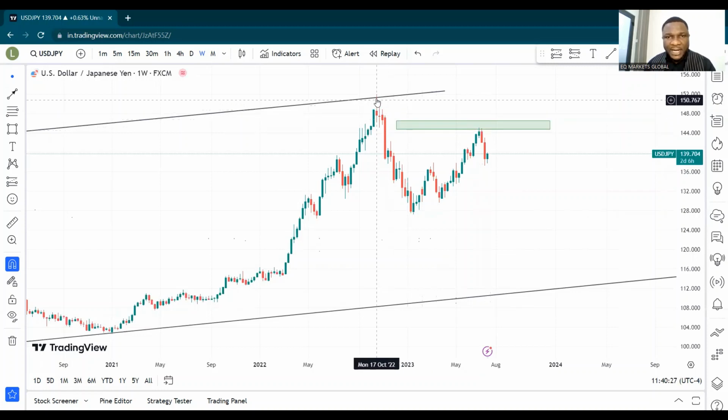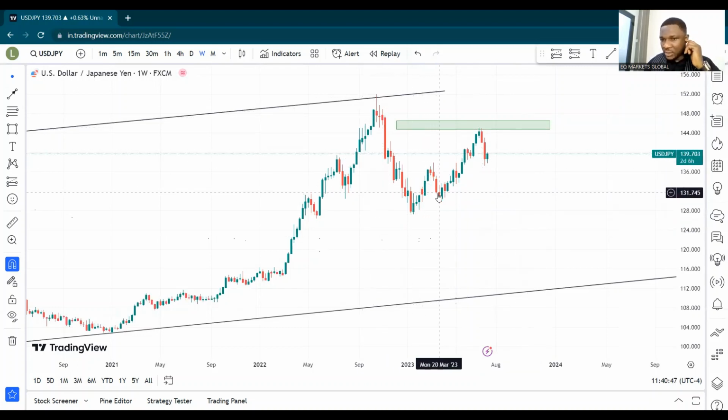So yes, price took off. This is the impulsive, and then this is a corrective, and then this is impulsive, this is corrective, and we're going to be having a continuation in the direction of the impulsive wave. So impulsive, corrective, and continuation in the direction of this first wave. So you can see why I simply agree that USDJPY is going to be selling.